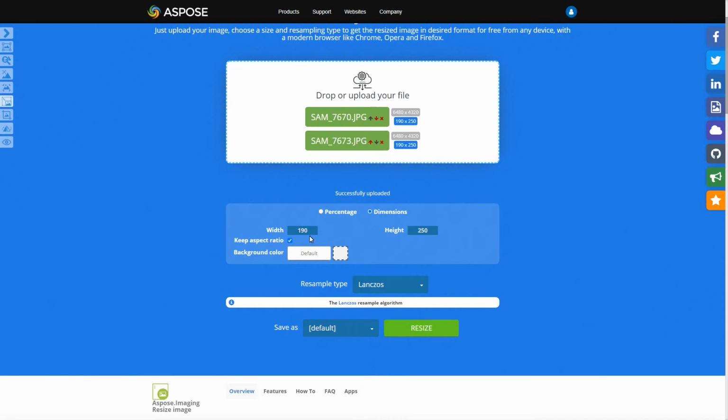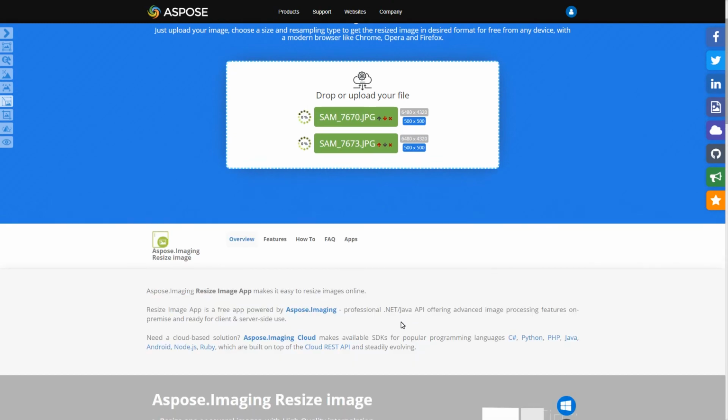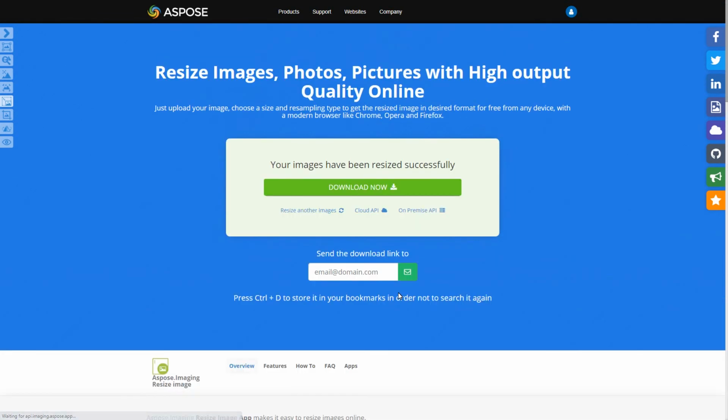Another option is the resize algorithm itself and the desired output file format in case you wish both to resize and convert your image. Please note that this is just a demo showing a subset of features that Aspose.Imaging is